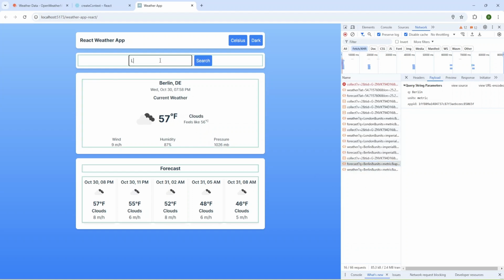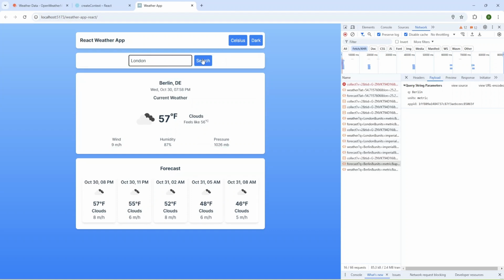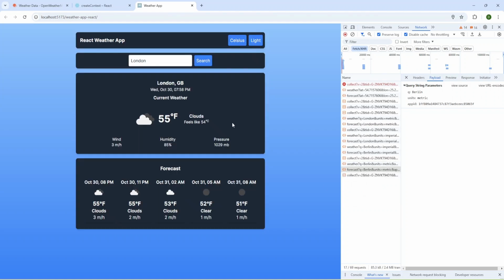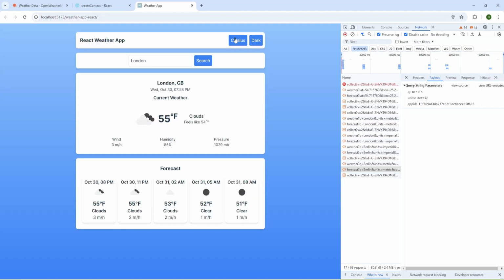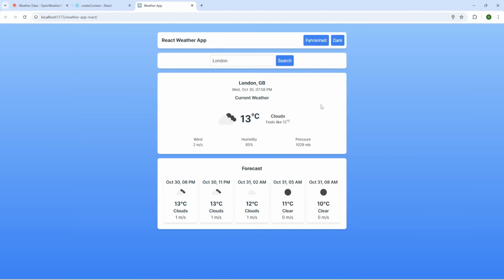And let me check again for London, and this time we don't make any requests again, and let's check dark mode, and dark mode works, and I can return to light and return to Celsius, and everything is looking good